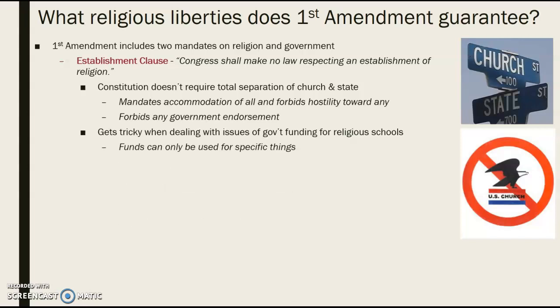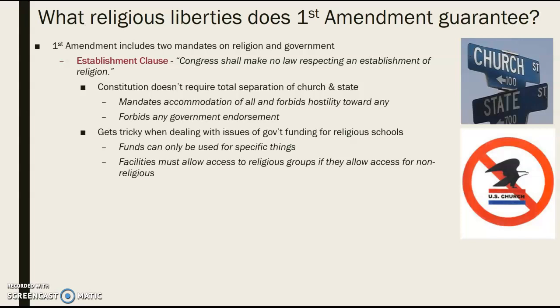And so basically courts have clarified that they can give money to religious schools, but it can only be used for specific things, right? They can give money to a school so it can build a new gymnasium that will then be usable by the community. In addition to the school itself, they can give money to poor kids to go to college. They can give money so that a university can upgrade its water system.